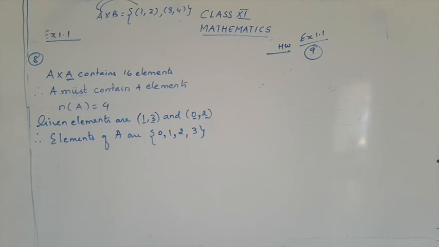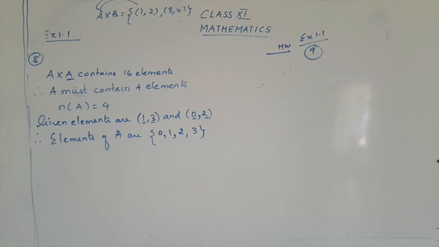If A cross A has 16 elements, S is equal to (A, B), given as an ordered pair, (A, B) belonging to A cross A such that A is less than B,